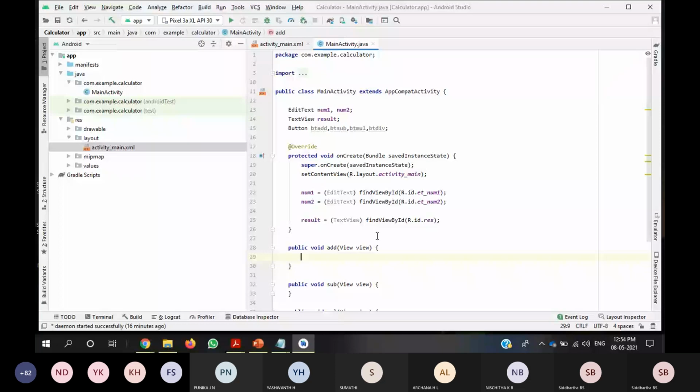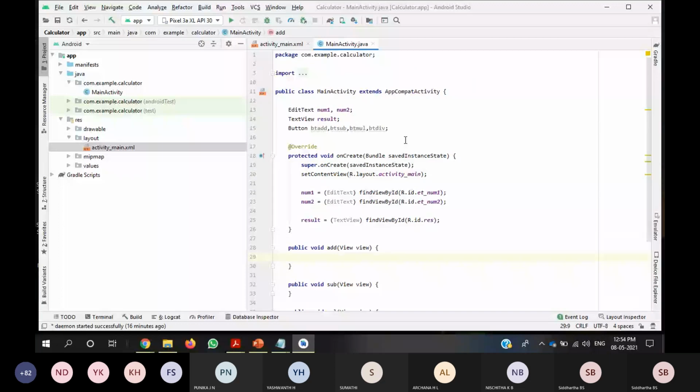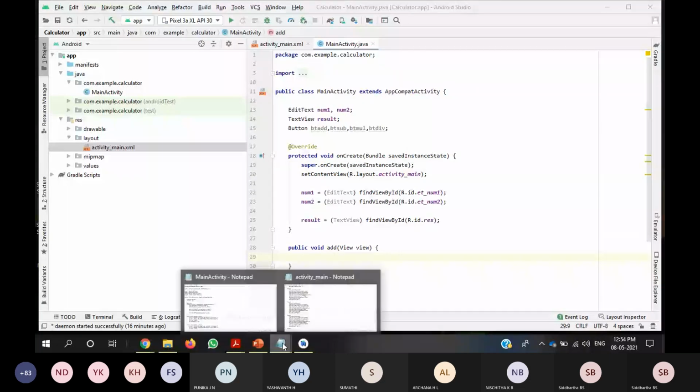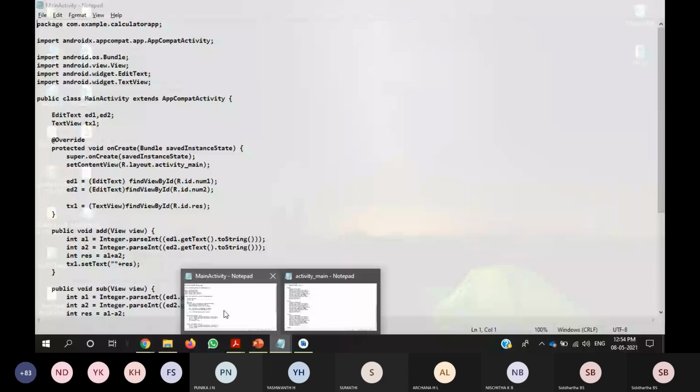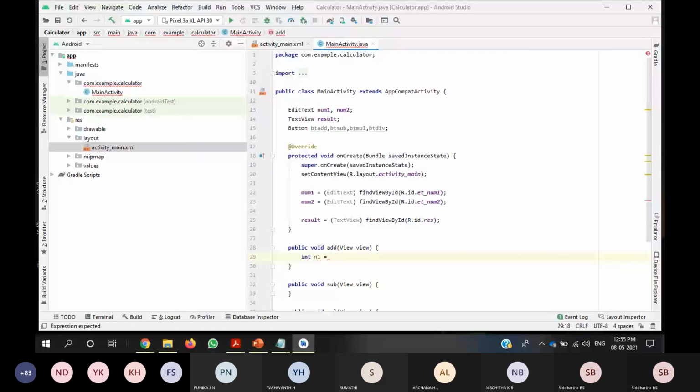So let's perform the operations. So what do we need? You need two variables to enter the two numbers, right? I will take int. So n1 is equal to